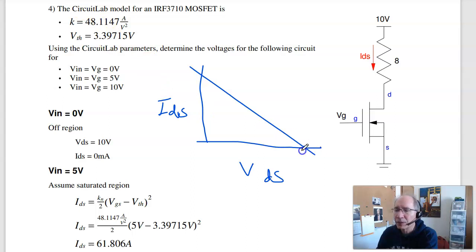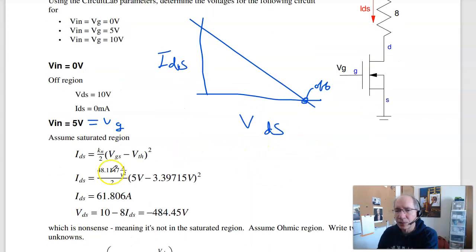If I'm less than V threshold, I'm operating right here. I'm off. When Vg is 5 volts, I don't really know, am I ohmic or saturated? Let's guess saturated. If I do that, I know VGS, I know V threshold, I know K sub n, calculate